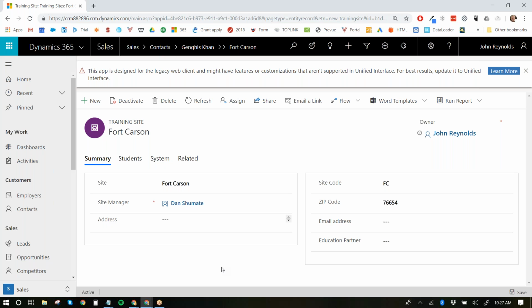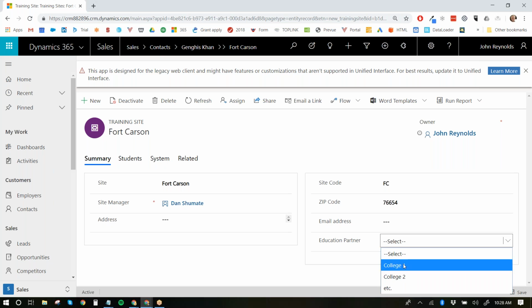I mean, why do we have this as a separate entity rather than as a drop down on the? I mean, if you're asking everyone, my best guess is that training sites can probably change, right? So a drop down adding and removing options would be a lot more intensive than adding or removing entities. Yeah, pretty close. It's because not only can they change, but those records have changing information as well, right?